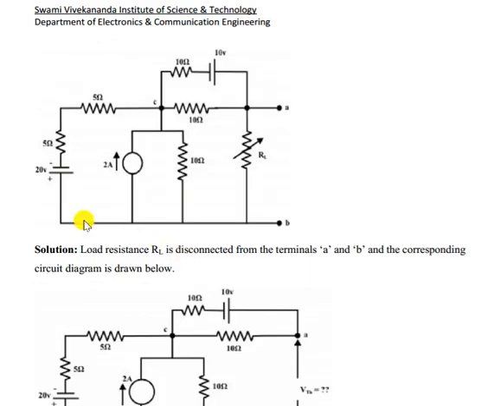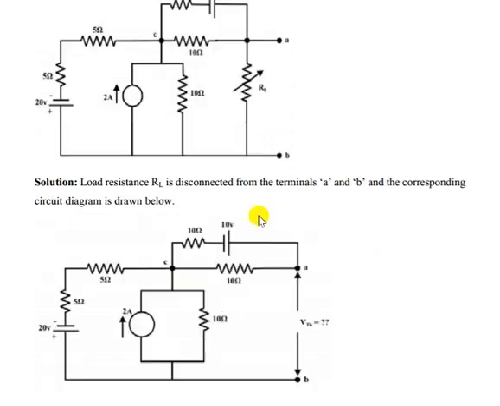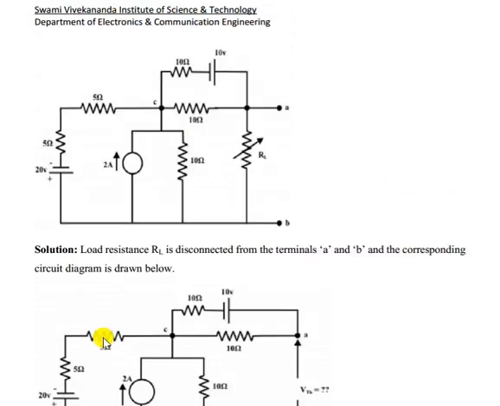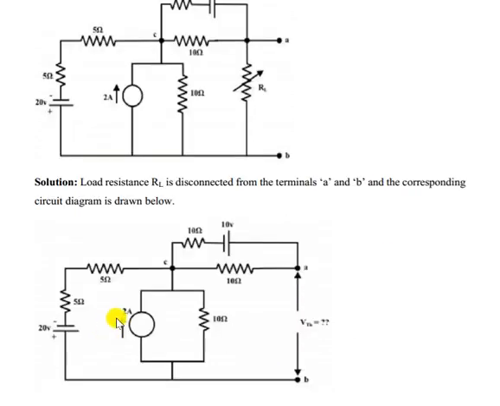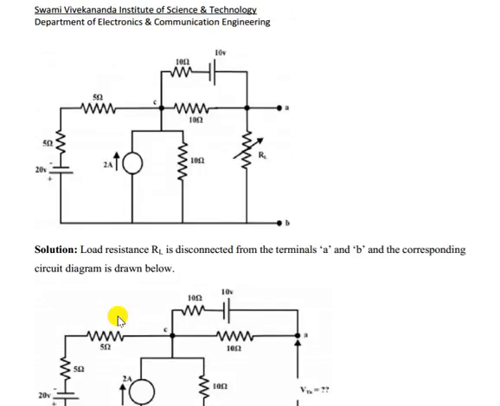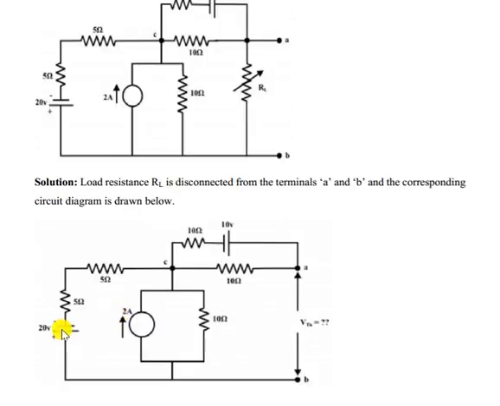This is the circuit, and in here we have three sources. This is the load resistance, so we have to find out the VOC. So we have to disconnect the load resistance. Now we can apply the superposition theorem. The superposition theorem describes that